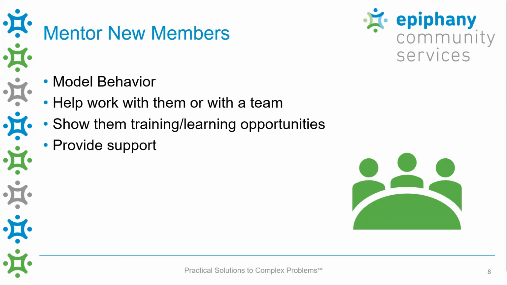And the last piece, again, kind of goes back to that mentor-mentee relationship. Just provide them support. Make sure that your coalition has this open door policy in a way. Make sure that these new members know they can come to you and ask questions. Know that if they don't understand what's going on, they can get that information from someone, whether that be a coalition staff or another coalition member. Having this open dialogue helps people feel supported, and at the end of the day, results in members that are actually wanting to be there, wanting to grow their knowledge and their capacity.